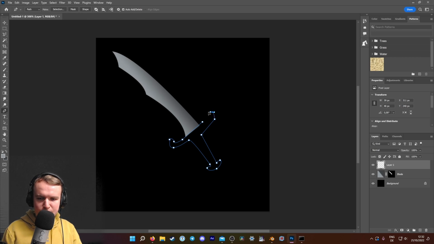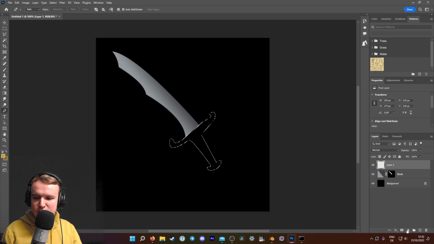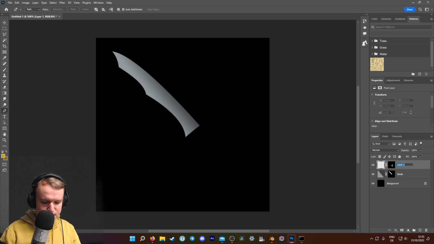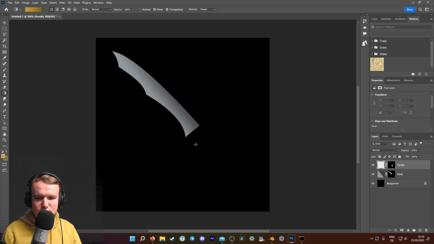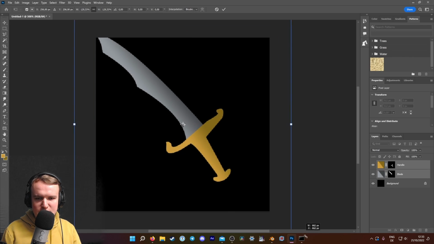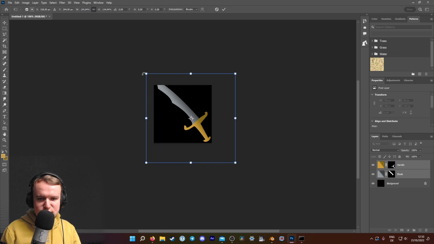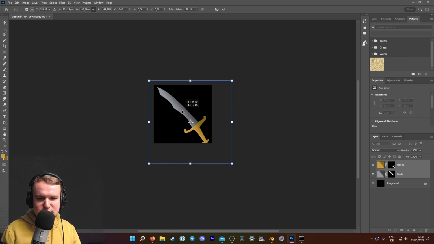Now make your selection, 0 feathering, mask again. And now we can gradient again, just have a little bit of a color in there. Some shading so we can tell Stable that we want a little bit of shading. Now make sure this image fills up as much of your canvas as you can. That's why I did it diagonally like this, while still making sure it has some space, some little bit of